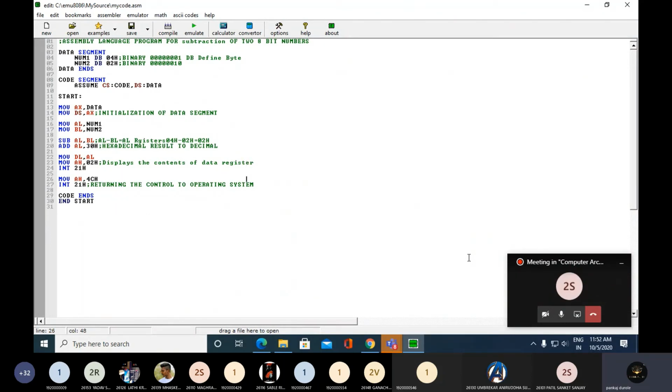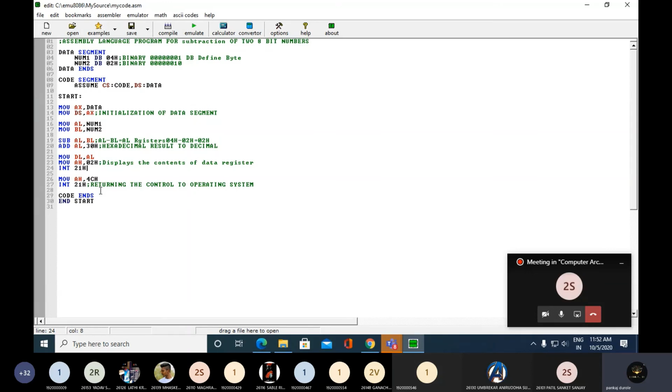After that, as you write getch in C programming, here in assembly language programming we write mov ah comma 4ch, and finally int 21H. int 21H is the interrupt family, under which various functions are defined.